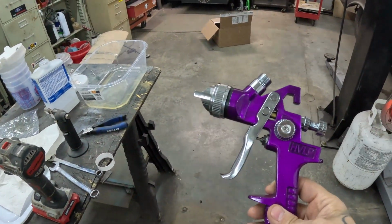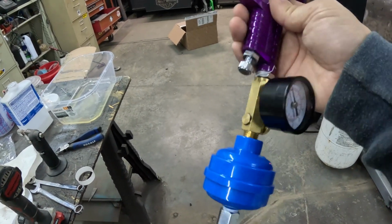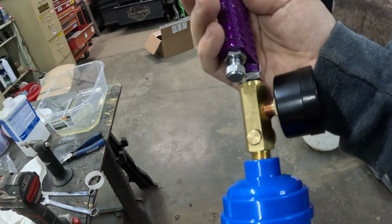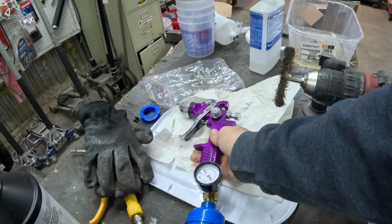This is a cheapo $15 Harbor Freight gun. I got a little better air regulator on this one, but that's a Harbor Freight water separator. I'm just running my pressure regulator. From what I understand, of course we'll test it when we get some paint or lacquer in it. We'll test the fan and we'll test the pressure, but from what I understand, you want something around 30 psi